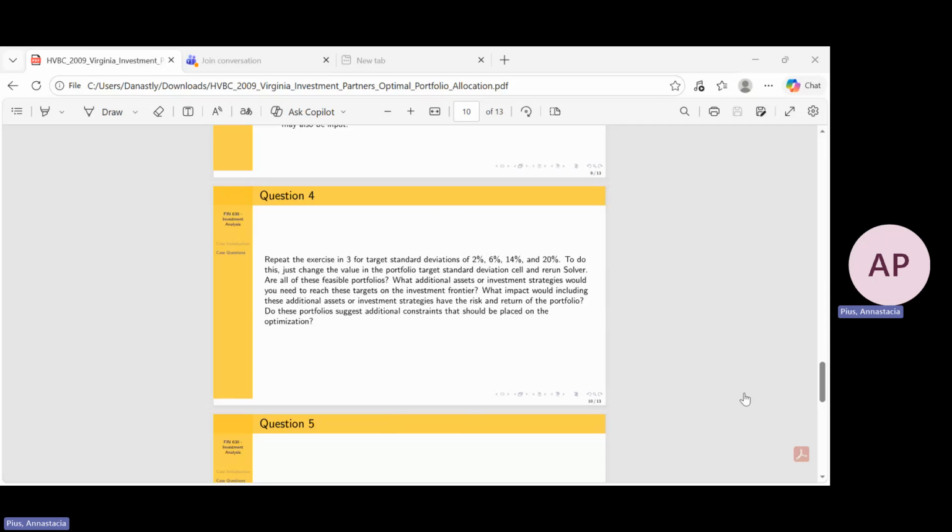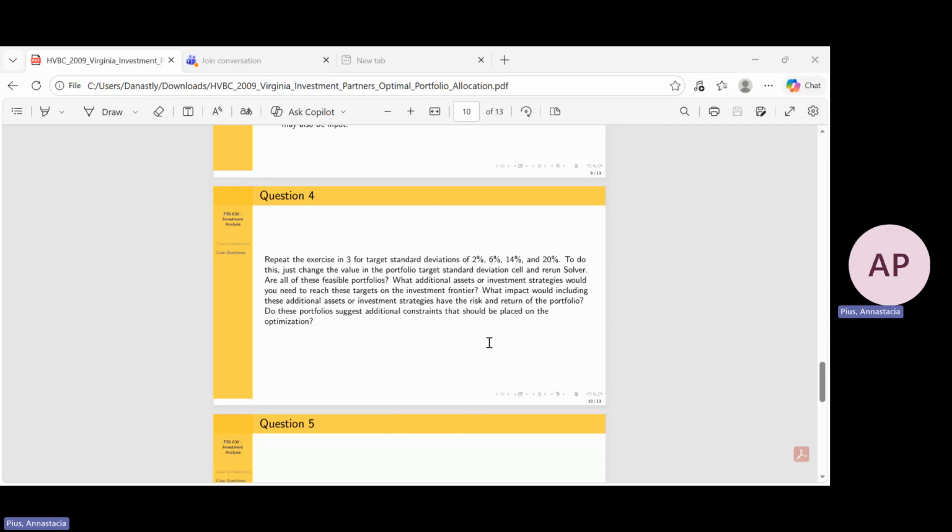The impact of these additions is that the efficient frontier will shift outward. For any given level of risk, expected return might improve when we make such additions and adjustments, and for any given level of return, risk can be reduced. However, once you broaden the asset set, you should also impose additional constraints to keep the